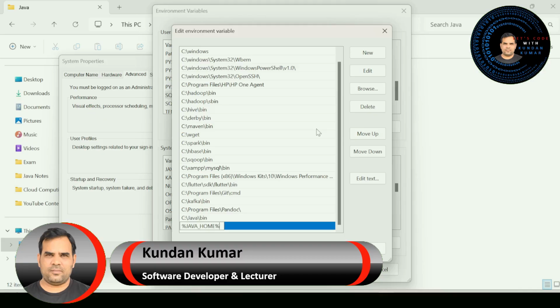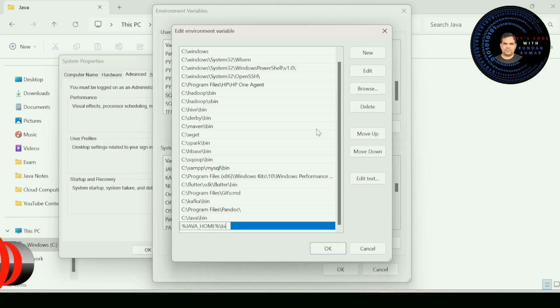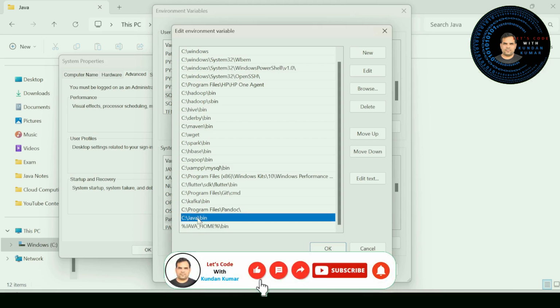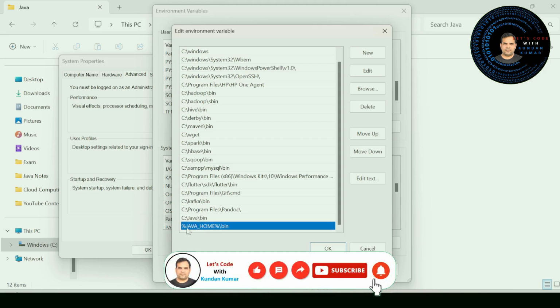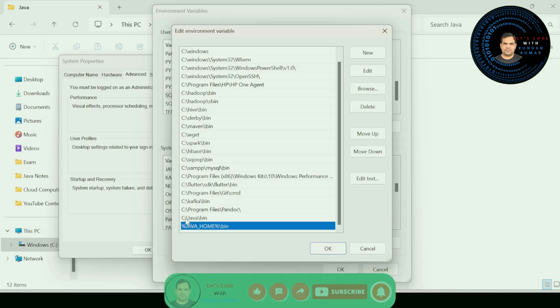You can see, then slash, you can say bin. So the system knows where the Java home is. Are you getting me? You can do it this way or this way; either way works. Why am I doing this one? Because we have set the Java home. Java home is what? Up to the Java